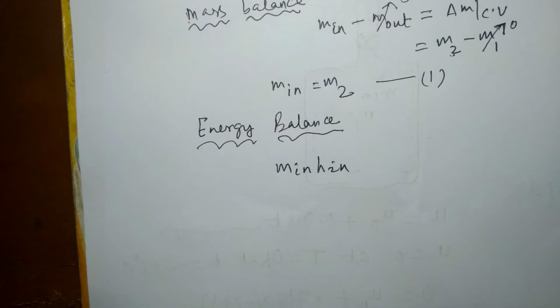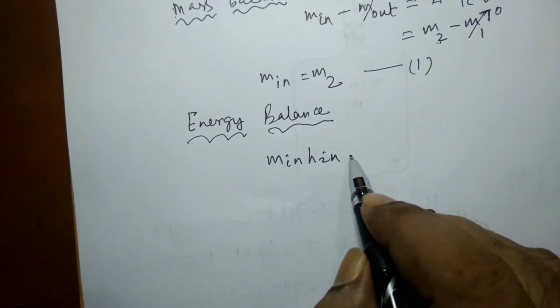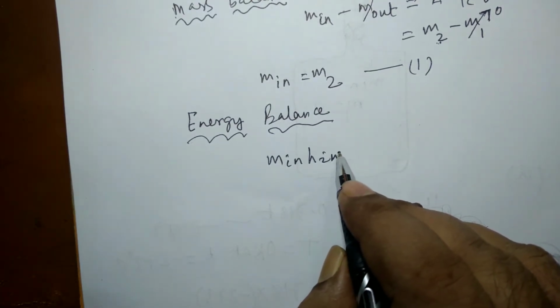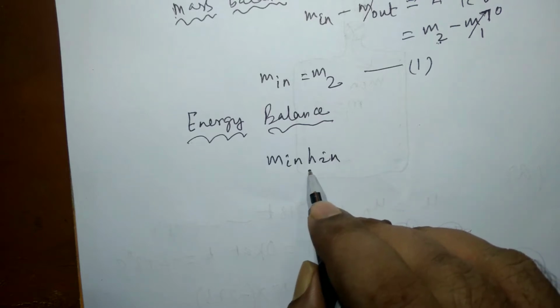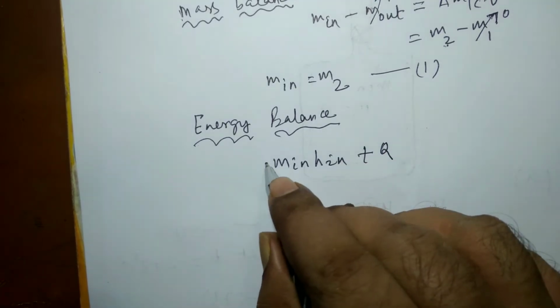When a fluid is flowing into a control volume or exiting the control volume, three forms of energy are associated with that fluid. One is specific enthalpy, and the others are specific kinetic energy and specific potential energy. In this case, we can neglect the kinetic energy and potential energy of the flowing fluid, because those are quite negligible as compared to specific enthalpy, and in most cases they are neglected. And in this problem, no velocity or any other potential energy term is given in the question, so we can neglect it. M in h in plus Q, this is energy coming in,